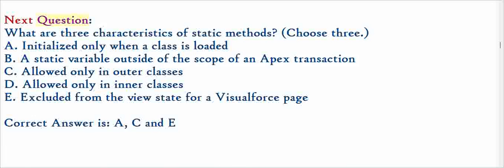Next question. What are 3 characteristics of static methods? Choose 3. A. Initialized only when a class is loaded. B. A static variable outside of the scope of an Apex transaction. C. Allowed only in outer classes. D. Allowed only in inner classes. E. Excluded from the view state for a Visualforce page. Correct answer is A, C and